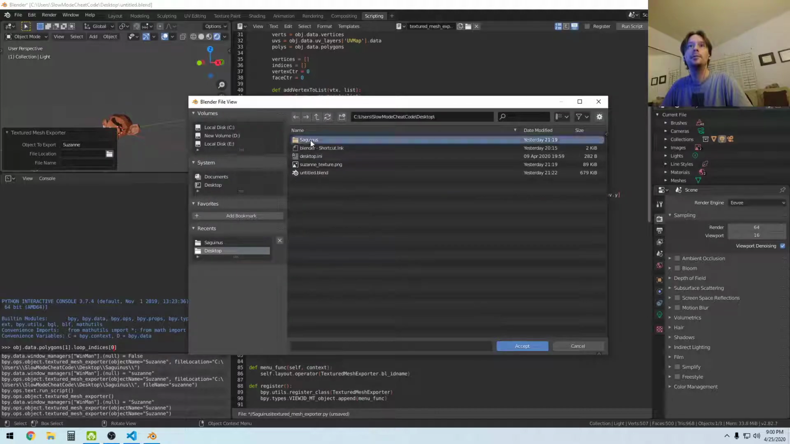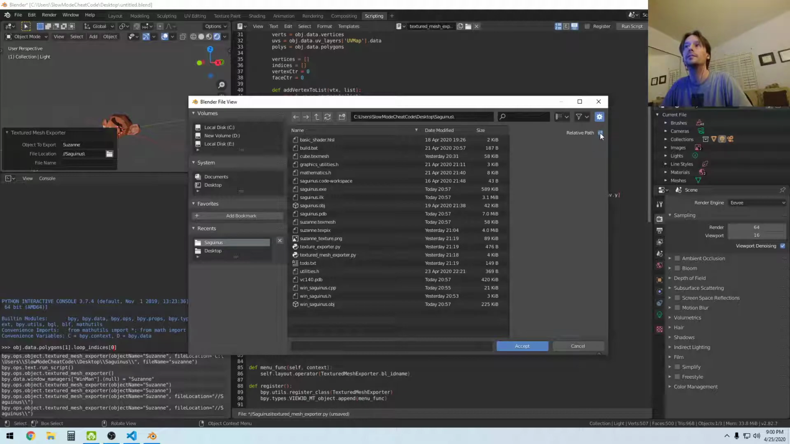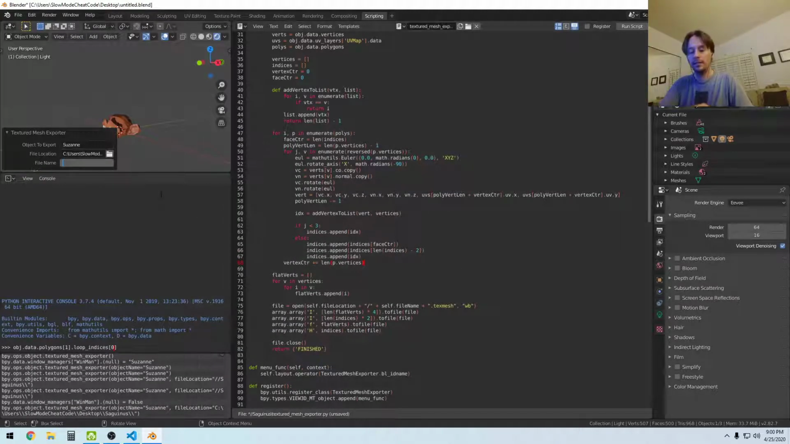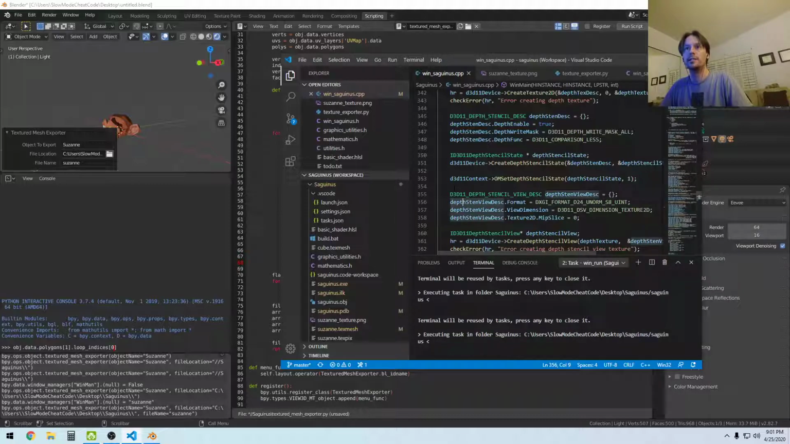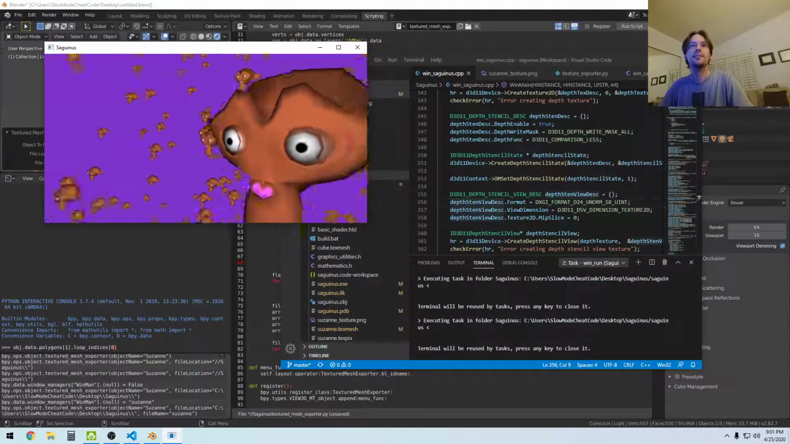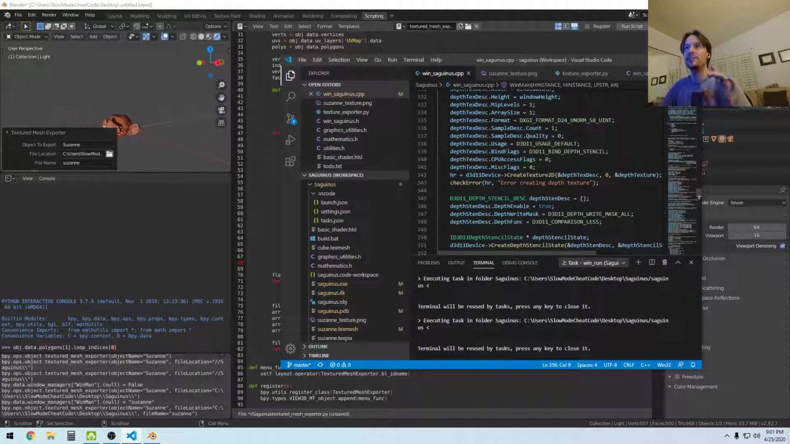Then put that here. Why does it keep doing that? And then Suzanne. Okay, so it exported, and then let's run it. Hey, it worked. Yeah, so now the texture is correct, the mesh is correct, and I am rendering each face